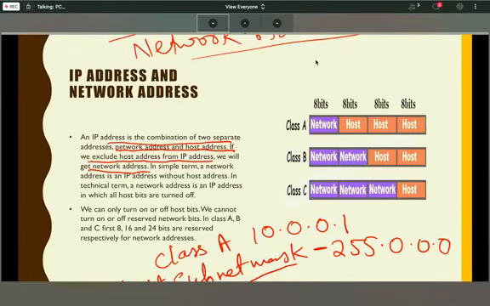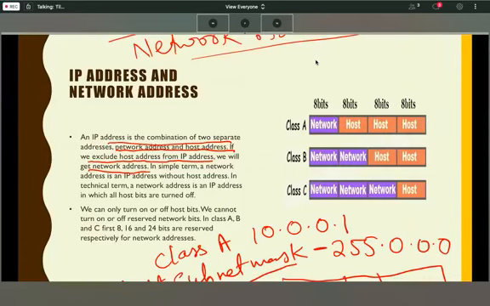Always remember, if I have a class A, then the first octet from your left hand side, the default subnet mask value will be all 1s. In one octet, we have 8 bits, right?